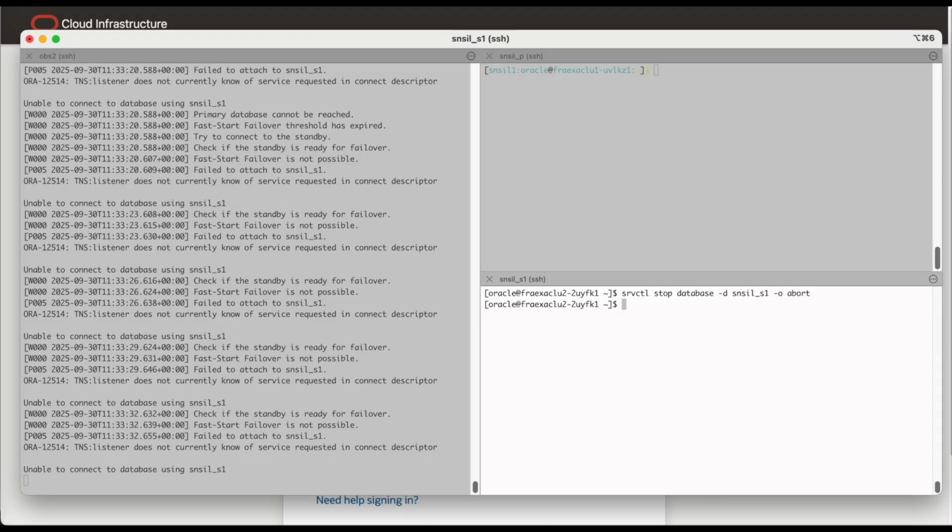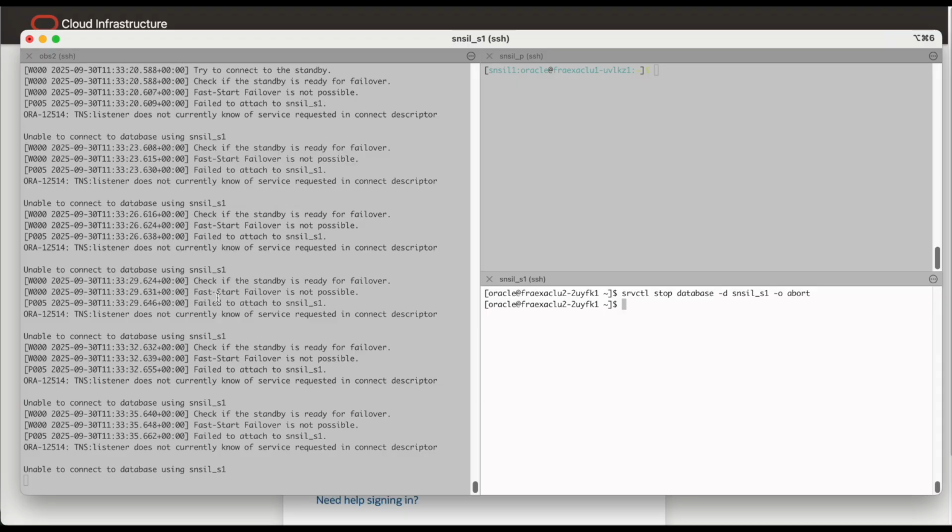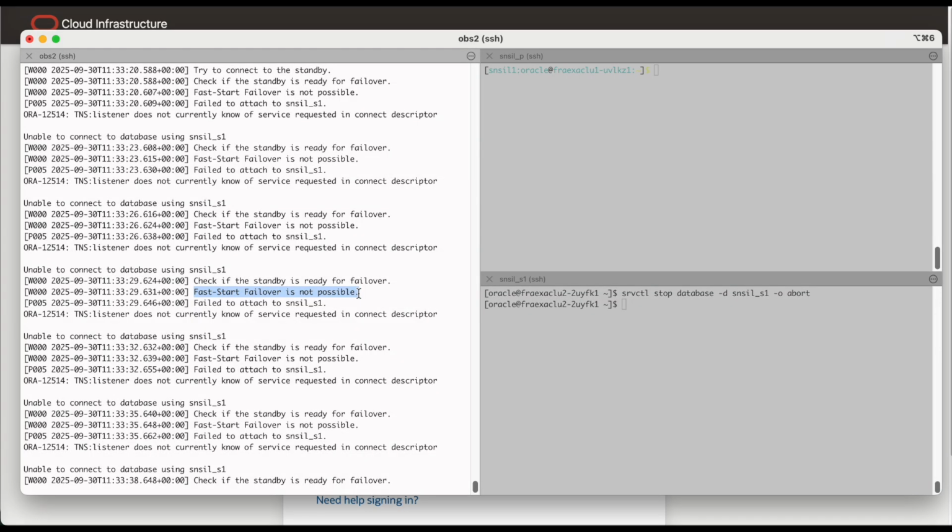It then verifies if the standby is ready for failover. And since there is a lag, the observer will not do any automatic failover. As seen in the log, it states: Fast start failover is not possible.